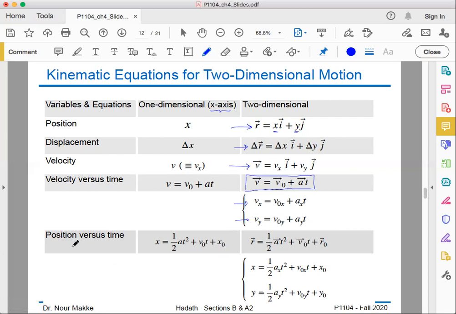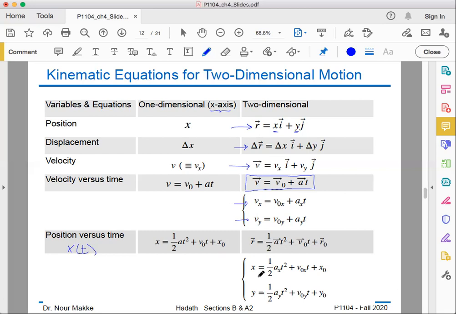Also for the position as a function of time, which was the third equation, with the second equation we have derived in there, you can see that in this case we had x equals x0 plus v0t plus half at squared. So we can generalize this expression and write it down as a two-dimensional equation where the r vector, the position, is equal to the initial position r0 plus v0 times t plus half at squared. But instead of having simple variables, because they are defined along one dimension, we will have them written as